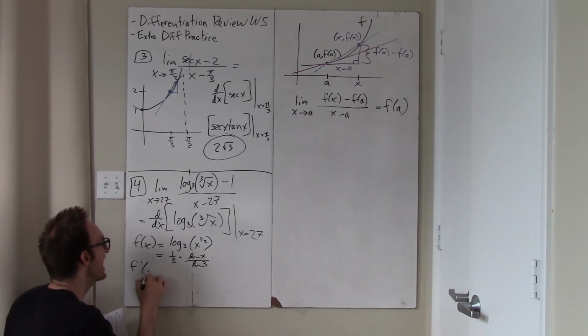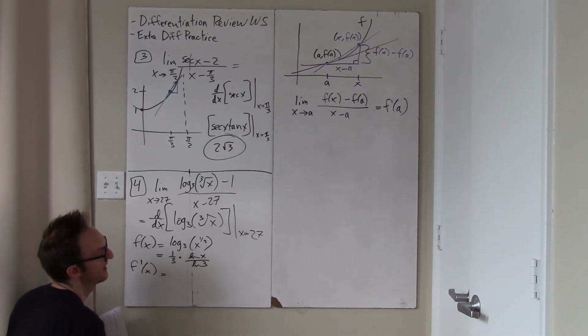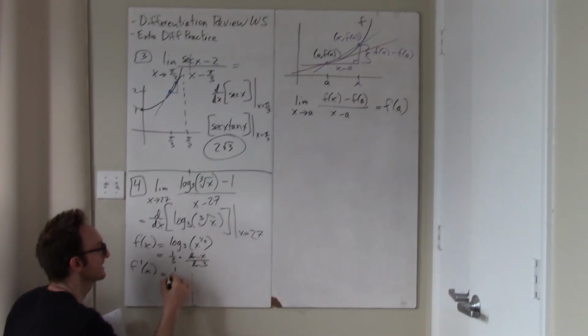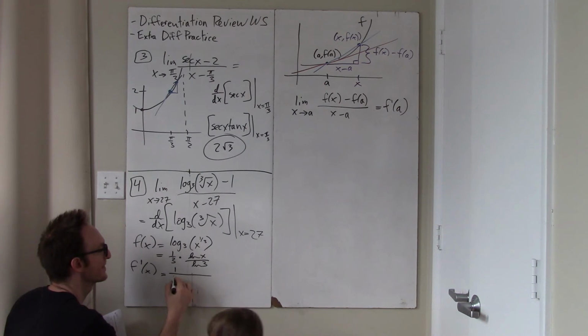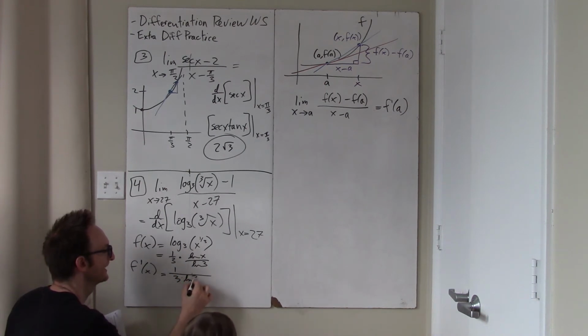And having done that, now I can differentiate this more easily. So what is this? This is going to be 1 over 3 ln 3